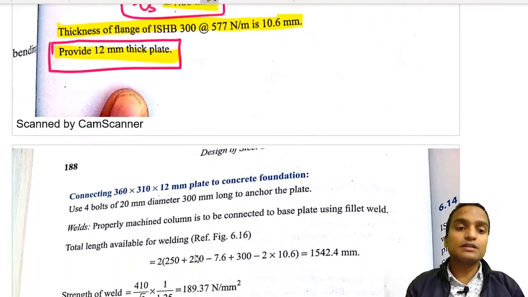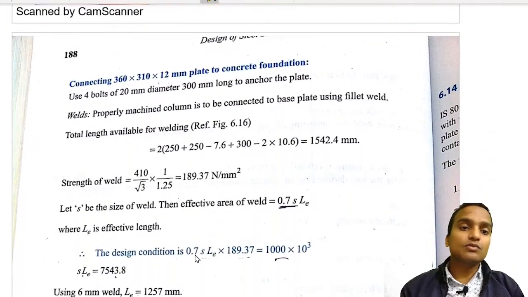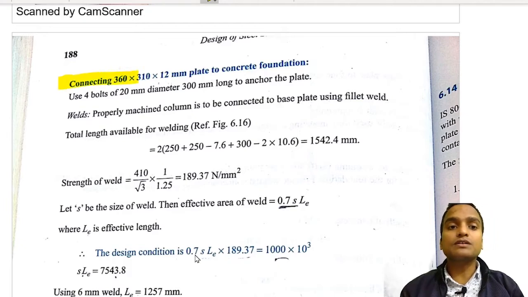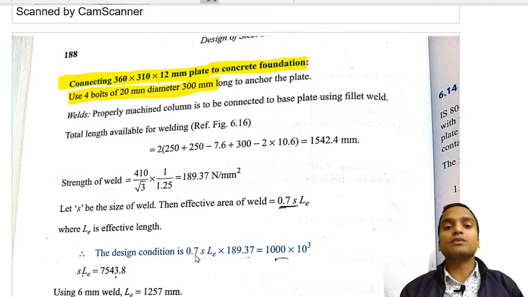So this much thick plate is used, and finally we can conclude that we are going to connect 360 into 310 into 12 mm plate to concrete foundation, which is made of RCC. And as suggested, it should be connected with 4 bolts of 20 mm diameter and 300 mm long to anchor the plates. Now, if we are going to use welded connection, okay, in this case total length available for